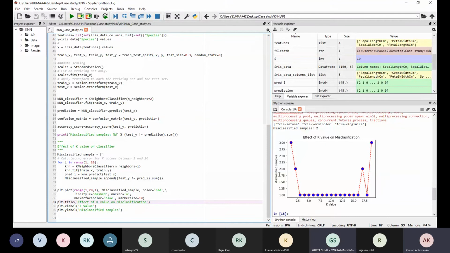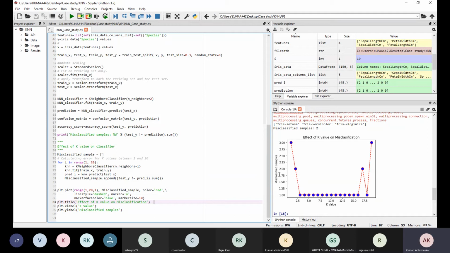Sir, when I am running this, it shows, just 1 minute, that the iris data.csv does not exist. Where is your data then? Is it happening with all of you? Anyone able to run this? Yes, sir. No issue. Okay.